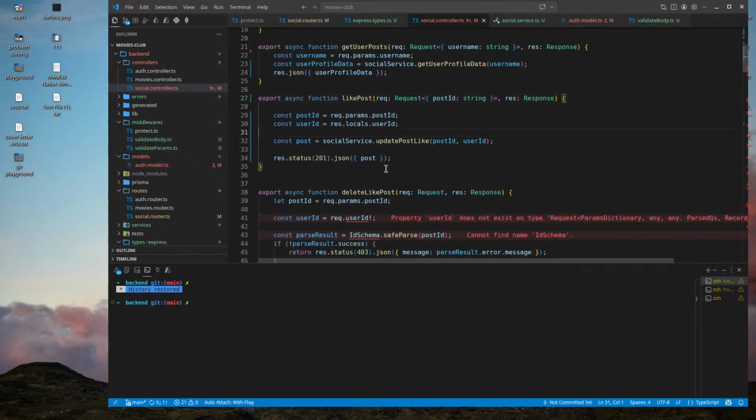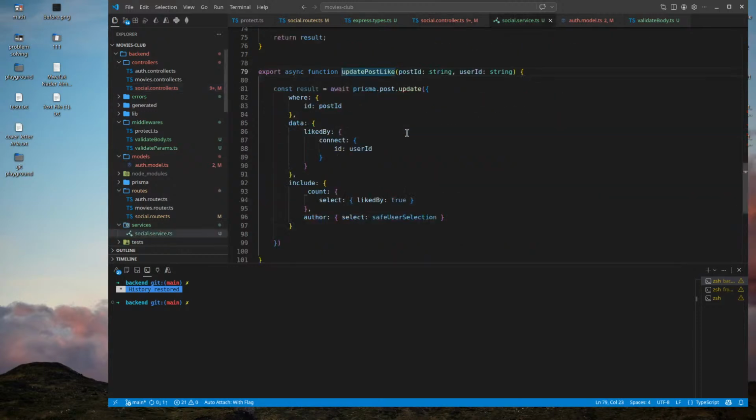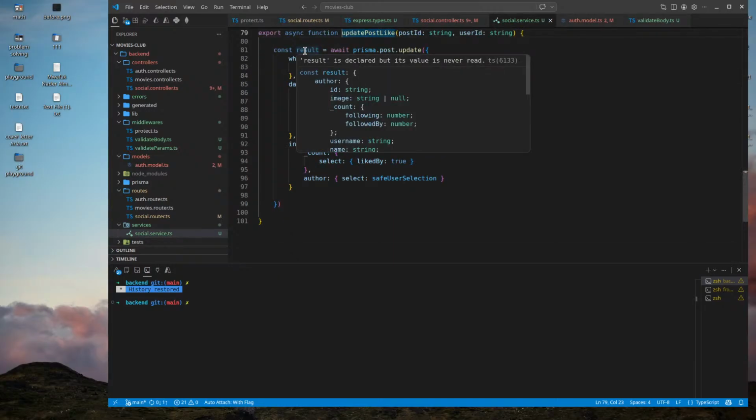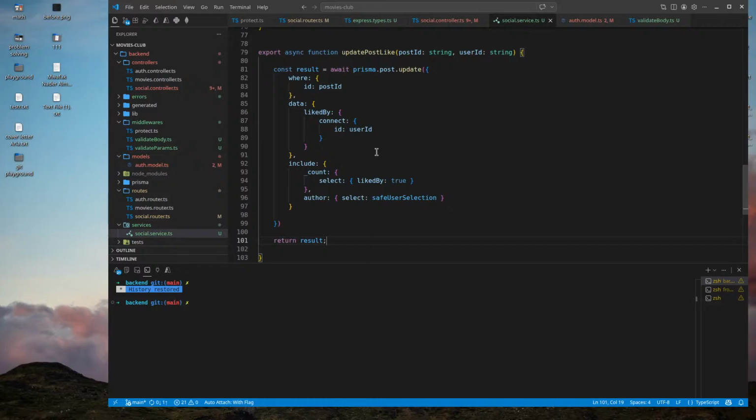Okay. Update the post and send the post. And while updating the post, if the post did not exist, I'll return the result first. I know that this result should be null, man. Like this should be a post or a null. But if there is no null here, this means that if this post did not exist, then Prisma will throw.